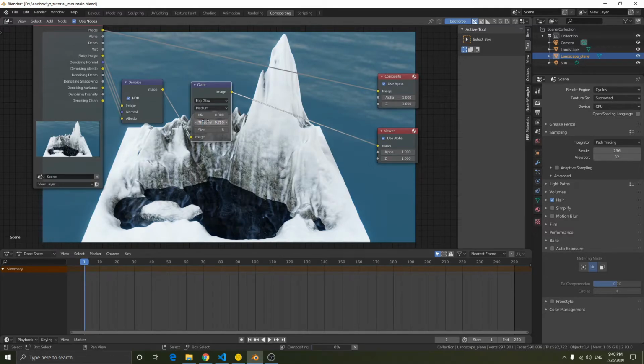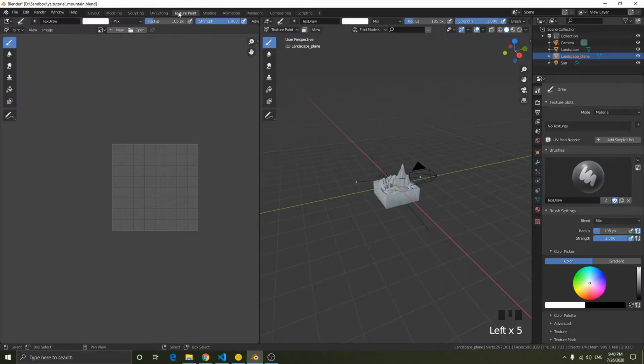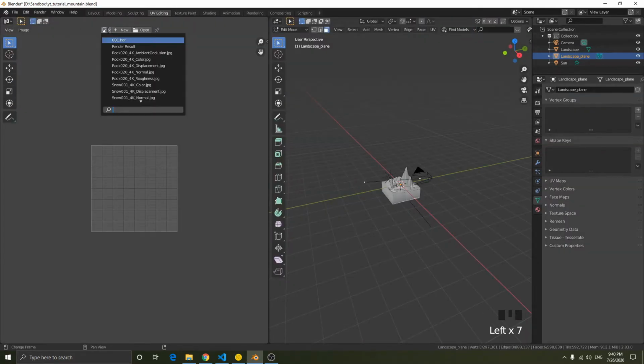The threshold is basically the brightness of pixels above which it will start to add the glare effect. So the lower the threshold, the more things will have fog glow. So I think this is good. Yeah, this is good. Let's actually make a little rotoscope of this water right here and add sparkles into it. That'll be pretty nice. We're gonna go into the texture painting tab. Actually, you know what? Let's go to the UV editing tab. Let's add